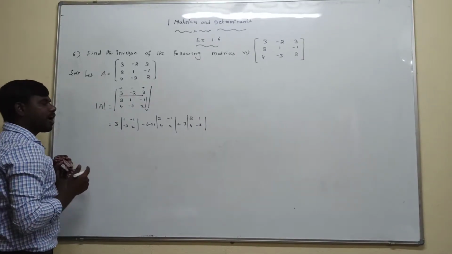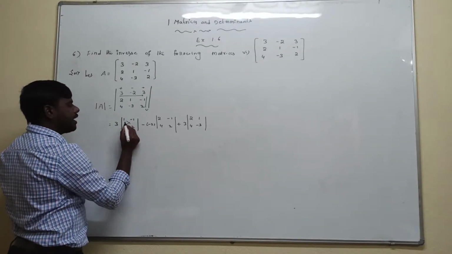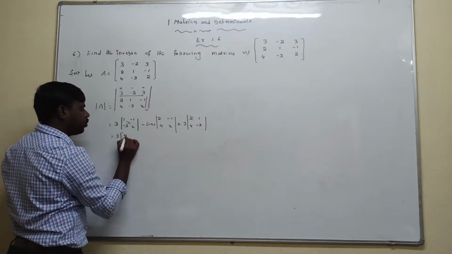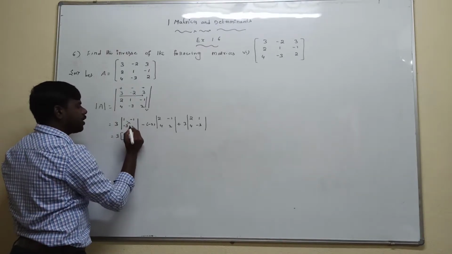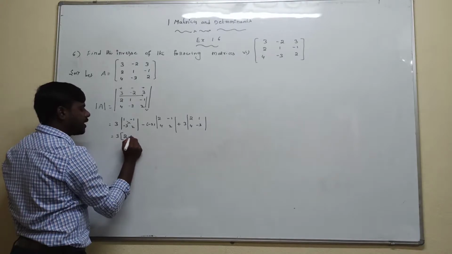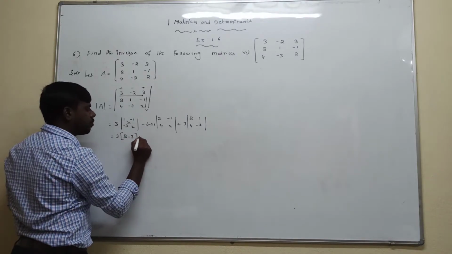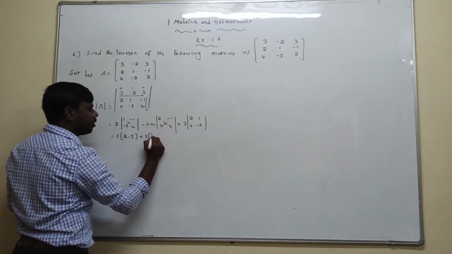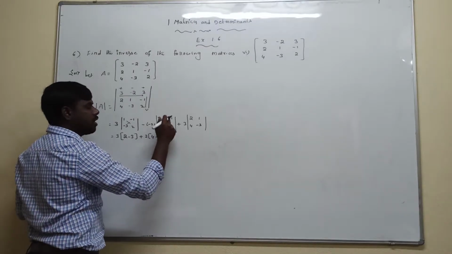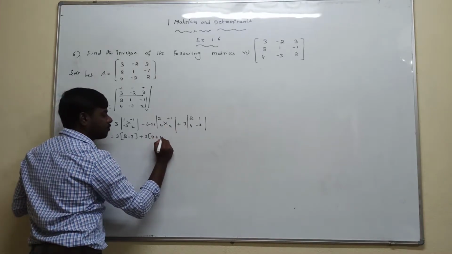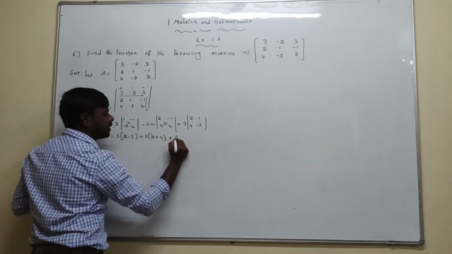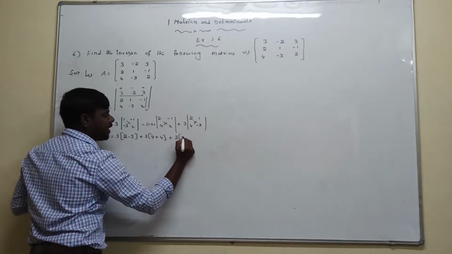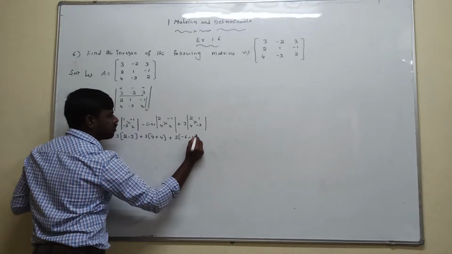Now for the determinant of a square matrix, what is the formula? The AD minus BC formula applies here. So now 1 into 2 minus 3 into minus 1, plus 3 times minus 3 minus 2. Here apply the cross multiplication formula: 2 into 2, 4 minus 4 into minus 1, minus 4, plus 3 into, applying cross multiplication, 2 into minus 3 minus 6, minus 4 into minus 4.